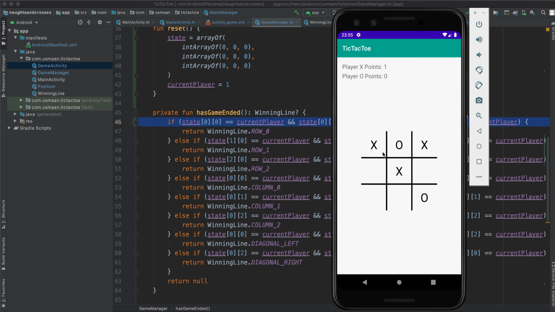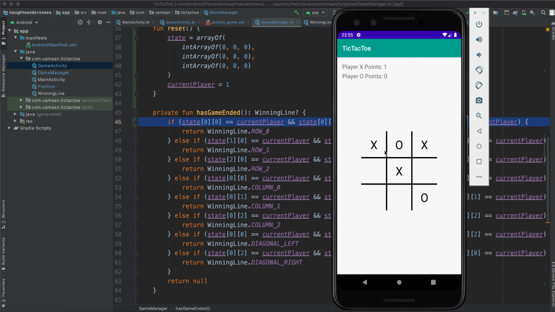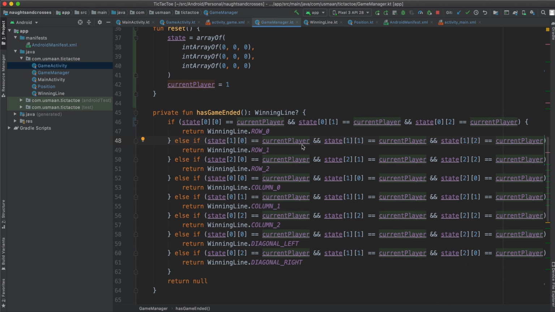So it goes through each row first: row 1, row 2, and row 3, and then it checks column 1, column 2, column 3, and then the diagonal from the left and the diagonal from the right, and it checks, are these values all the same? So you can see, is 0, 0 equal to the current player, is 0, 1 equal to the current player, is 0, 2 equal to the current player. If that is the case,